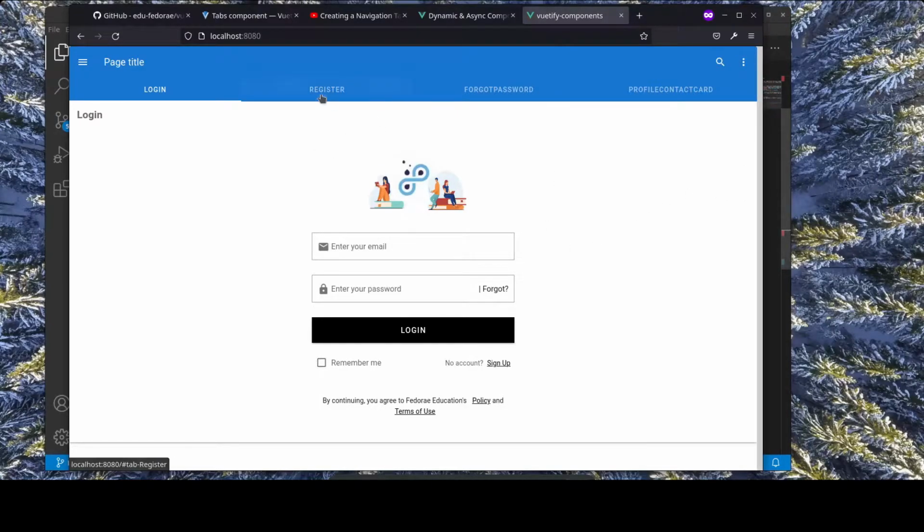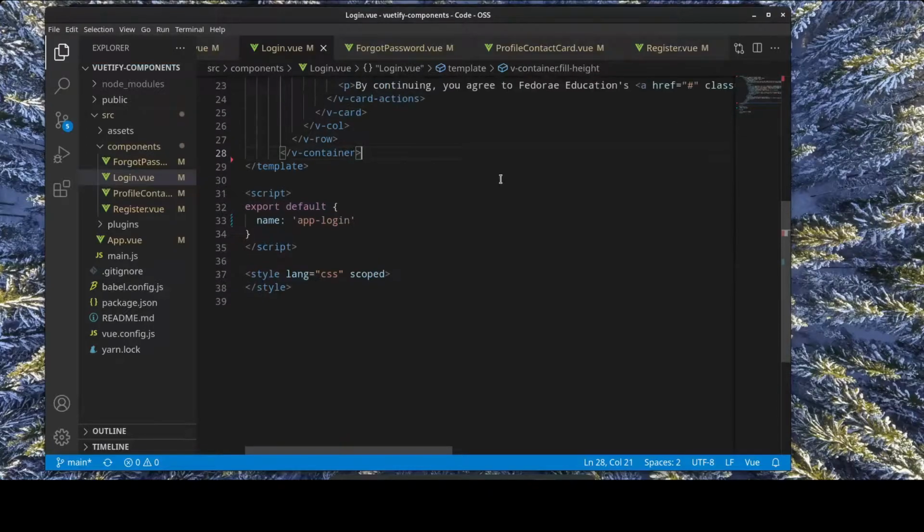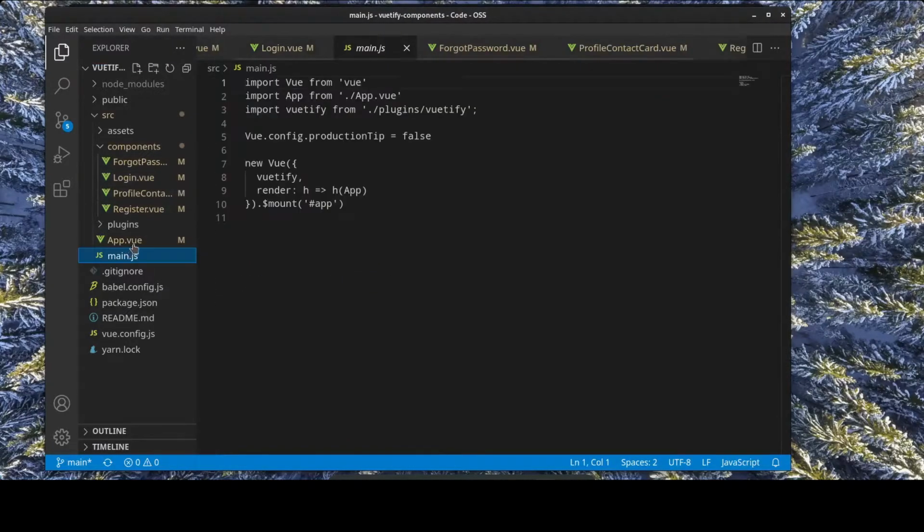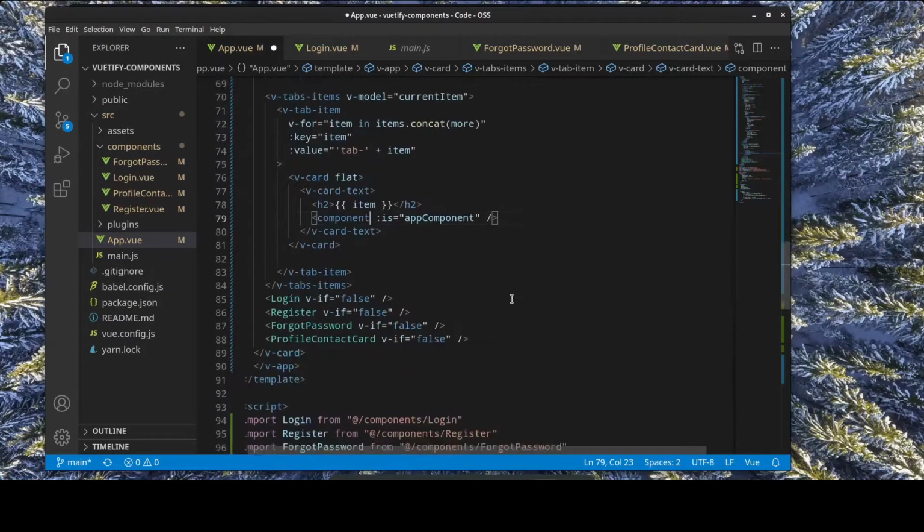Yeah, so now it's gonna navigate only one component, but we don't want that. We want it to switch between the different components that we have. So we want to say back in our app, let's see here. So what I want to do is